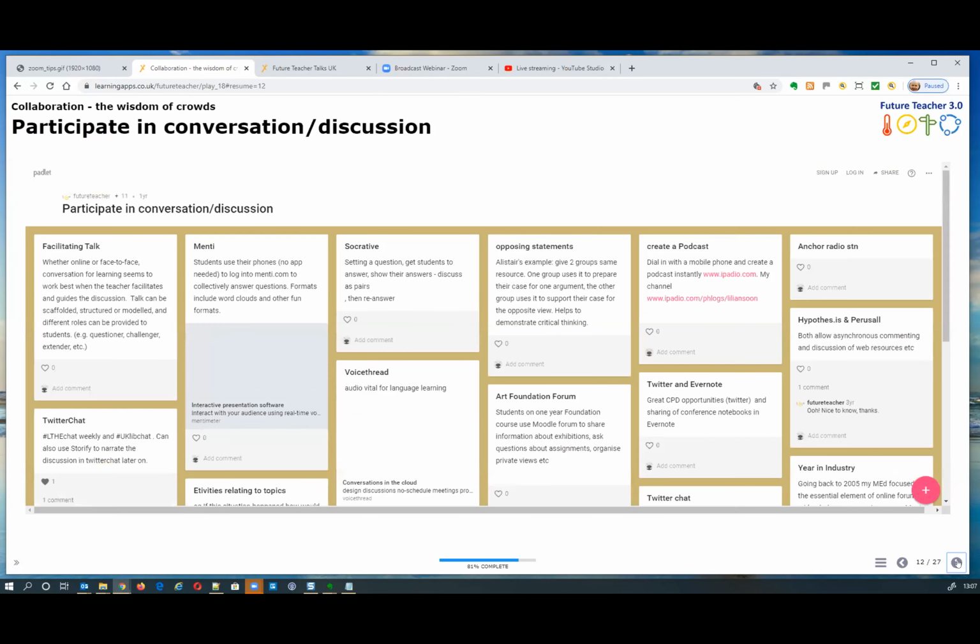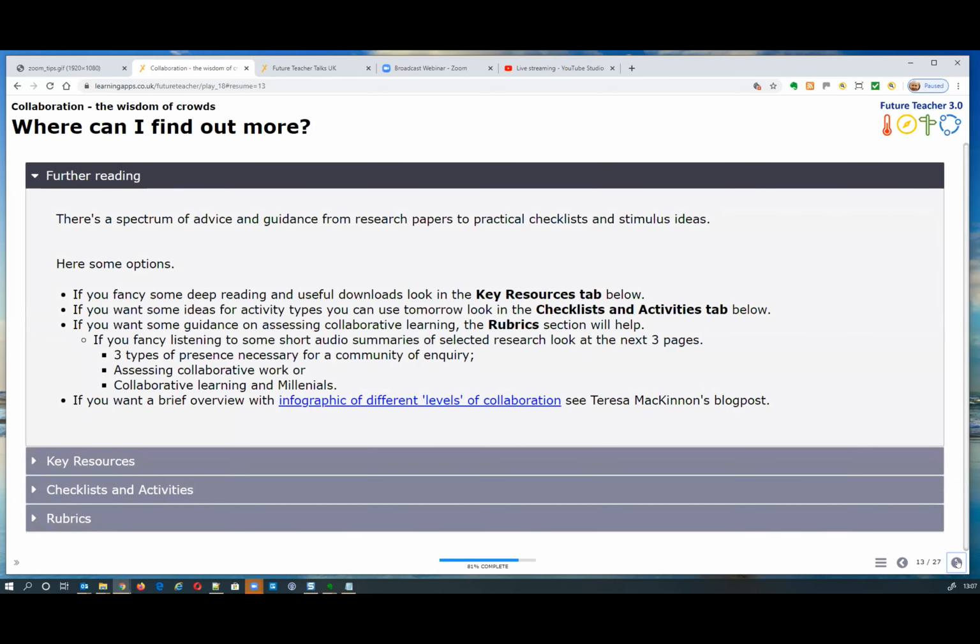Excellent. So there are five different slides there that you can go and look at, to see what people in this future teacher community have already suggested and the examples of their work they've given. For the next one, 13, Lillian will talk more about the further reading in a moment. If I just go to the key resources part of this tab,